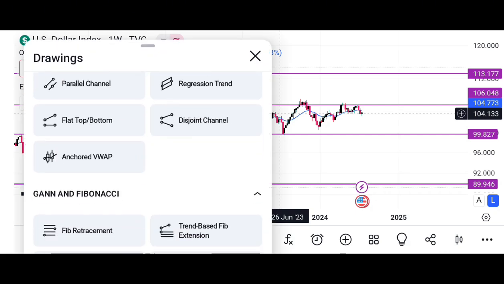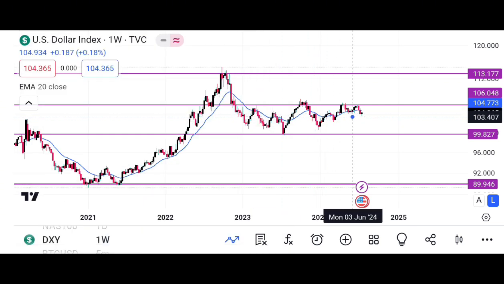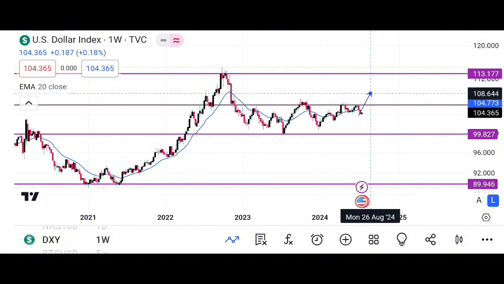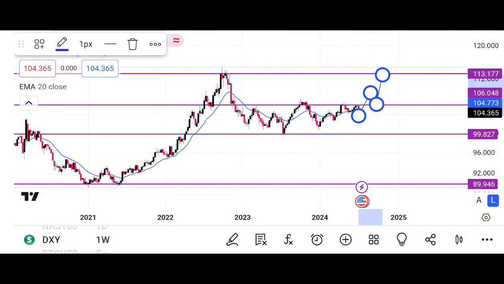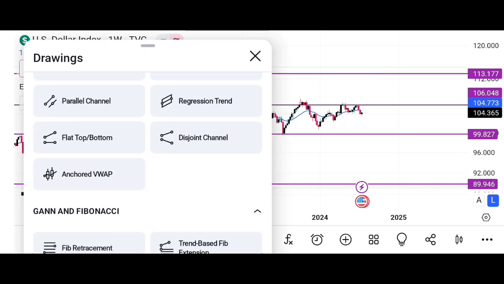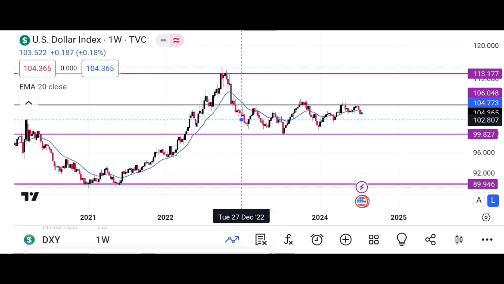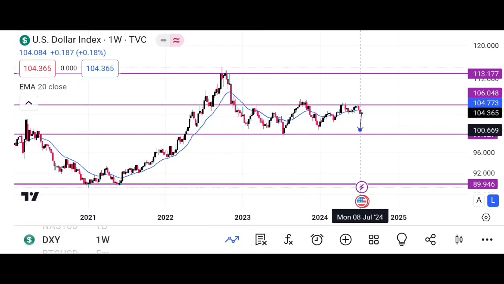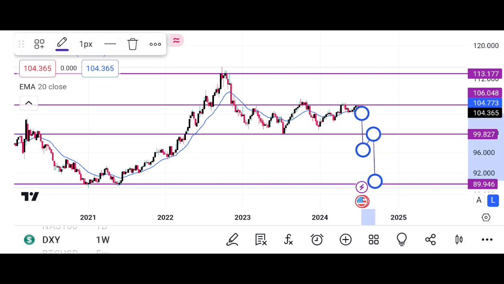Until the DXY decides to break above or below, to break above, retest, up, that's when I know that it's a change of direction, a change of character. The DXY decided to break the consolidation phase. That's how I know that the consolidation phase is over. Or if the DXY decides to come and break support, turn support into resistance, that's how I know we are over with the consolidation phase.